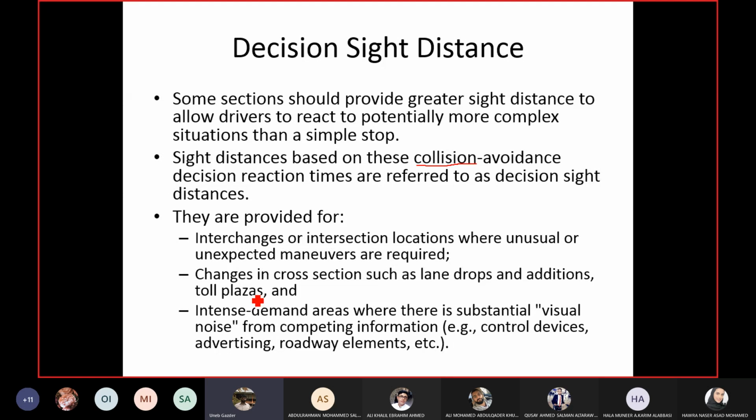But there are locations where the driver is not at fault. Something happening around him gets his attention and distracts him from the road. For example, too many control devices. Take the example of construction activities: before the construction activity, you will see a road barrier, some lane marking because you have to change the lane, some signboards, warning signs, and so on and so forth. All these things coming in front of you in a cluster can distract you. You may get confused. Okay, advertisement boards.